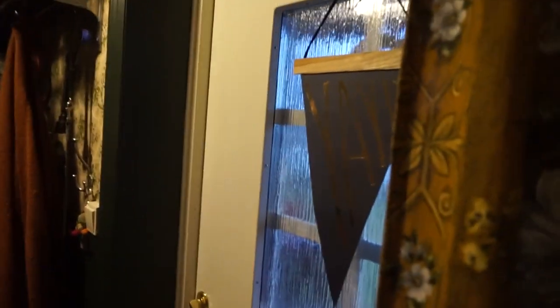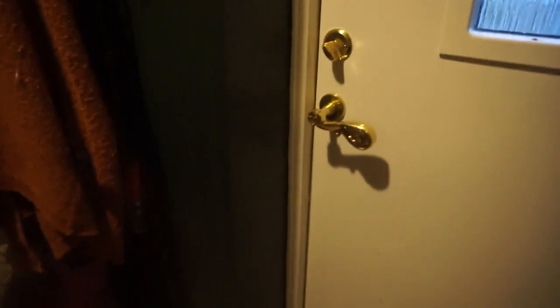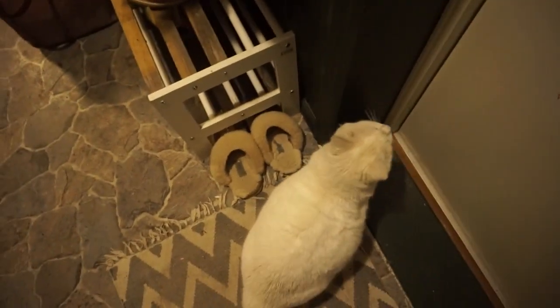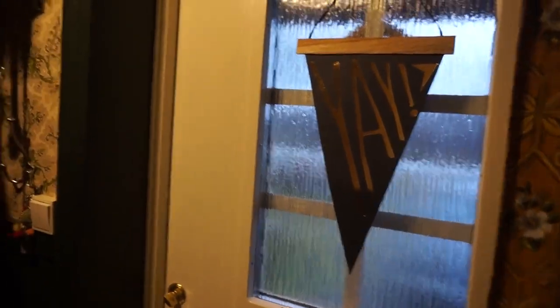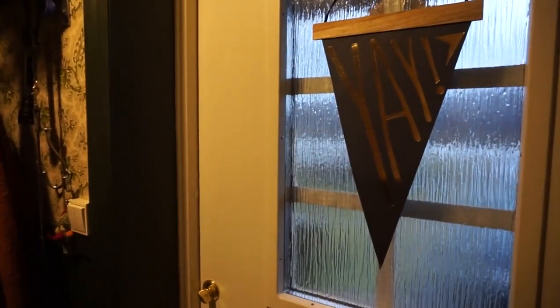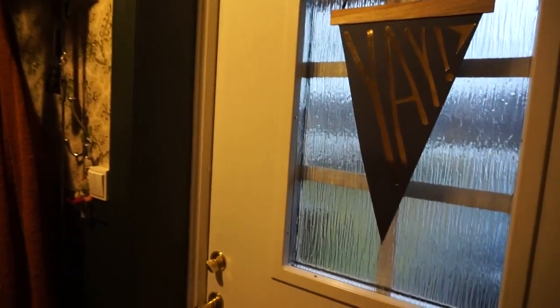So we are standing in my hallway. This is the door where we have a cat who wants to go out. And the weather is awful. It's grey and it's so dark inside. I have turned on every single lamp, even on my door. Let's see. I have a banner that says yay,